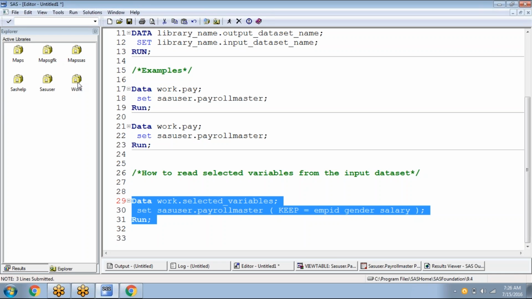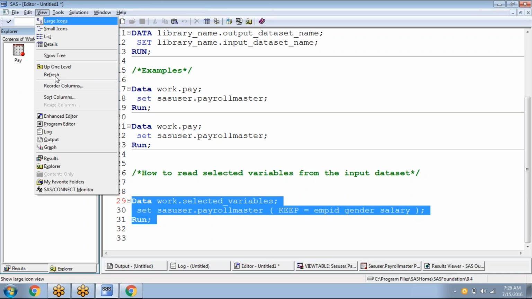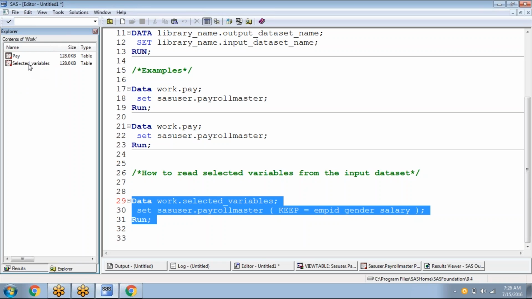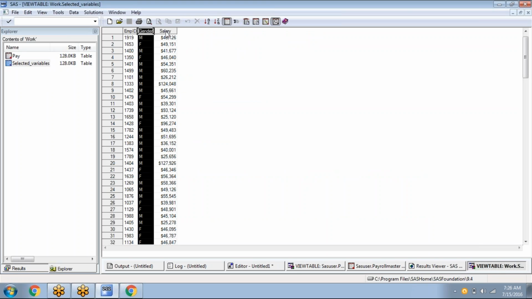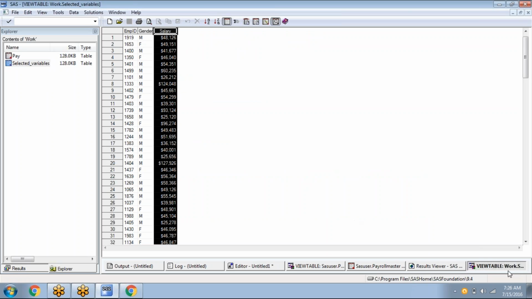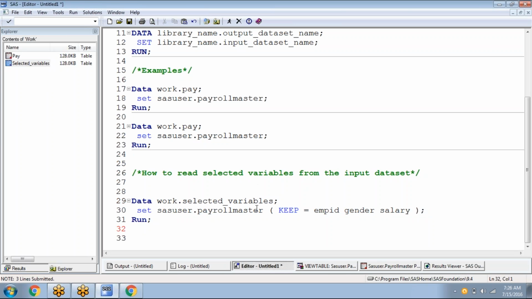Now let's go to the work library. There is a data set with the name selected variables. This data set will have only three variables: employee ID, gender, and salary. So we are reading only selected variables from the input data set. Okay,